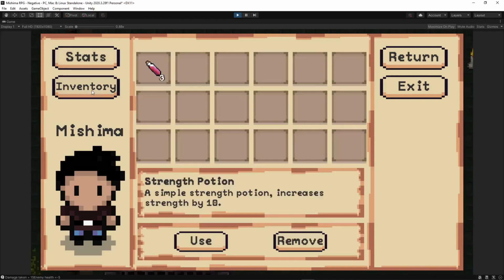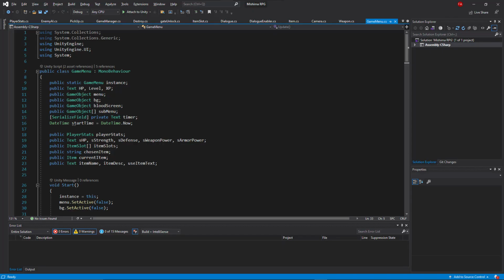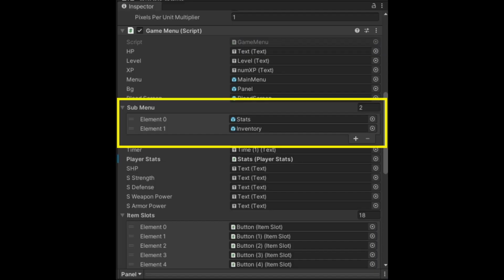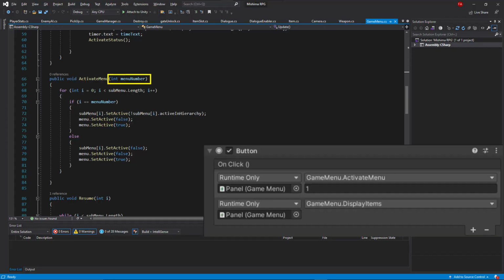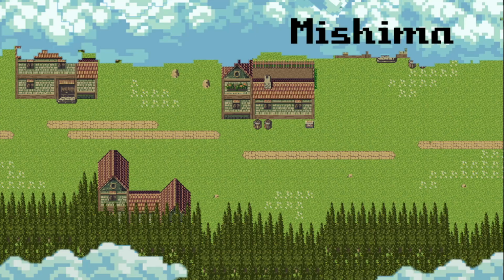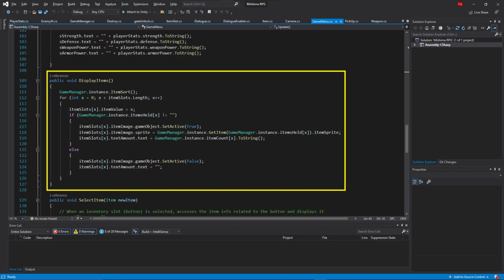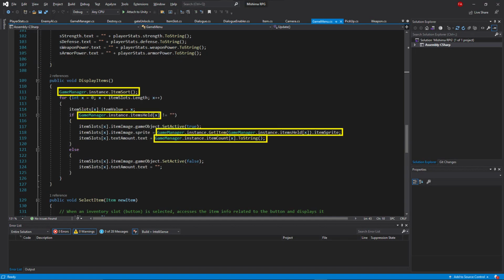pressing respective buttons. This is done in the game menu class, where we begin by creating an array to store our menus that are assigned in the Unity interface. Using the activate menu method, we can input a menu number using a button and search for a corresponding index from the menu array. The game menu class also handles the functionality of different buttons and menu functions, such as the display items function, which aggregates values and functions from the game manager class in order to display items in